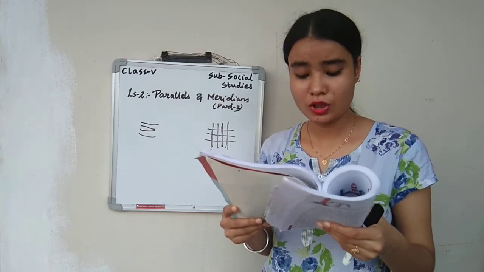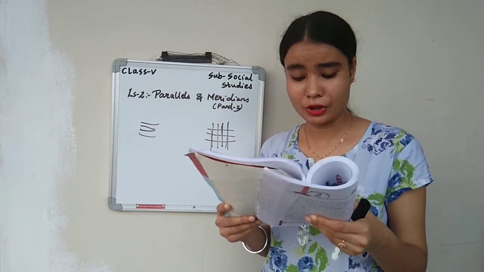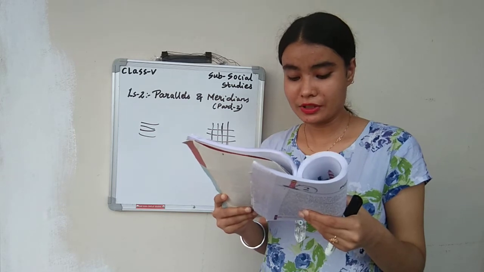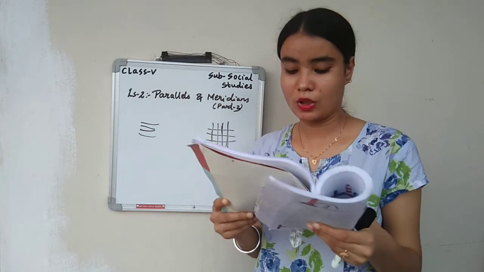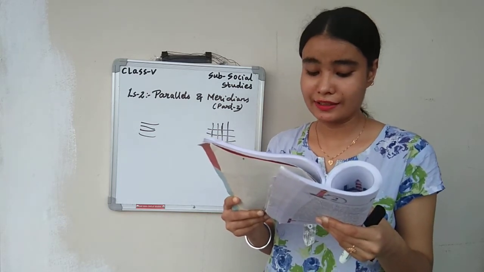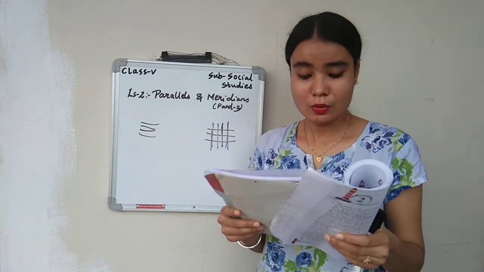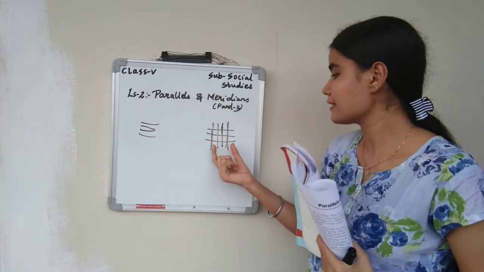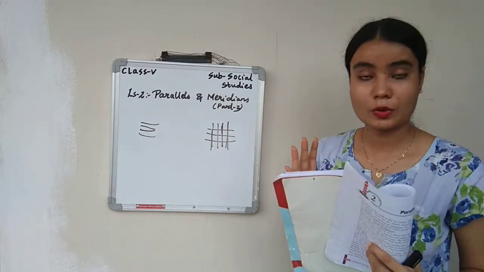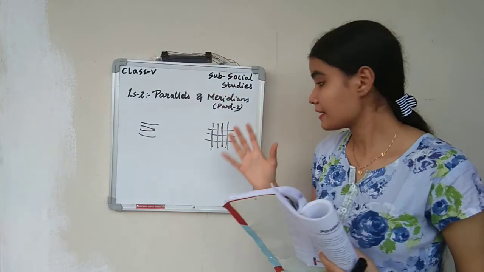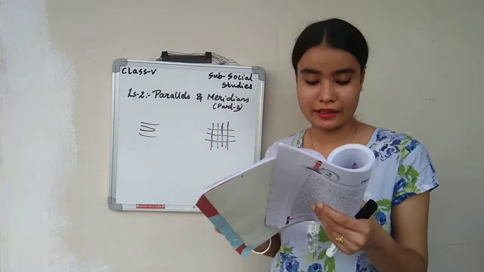In 1884, all countries agreed that the lines of longitude should be numbered from the meridian passing through the observatory at Greenwich near London. This meridian is called the prime meridian or Greenwich meridian. So all the meridian lines have an equal length. It is not like one line is bigger and one line is smaller. All the meridian lines are of the same length.